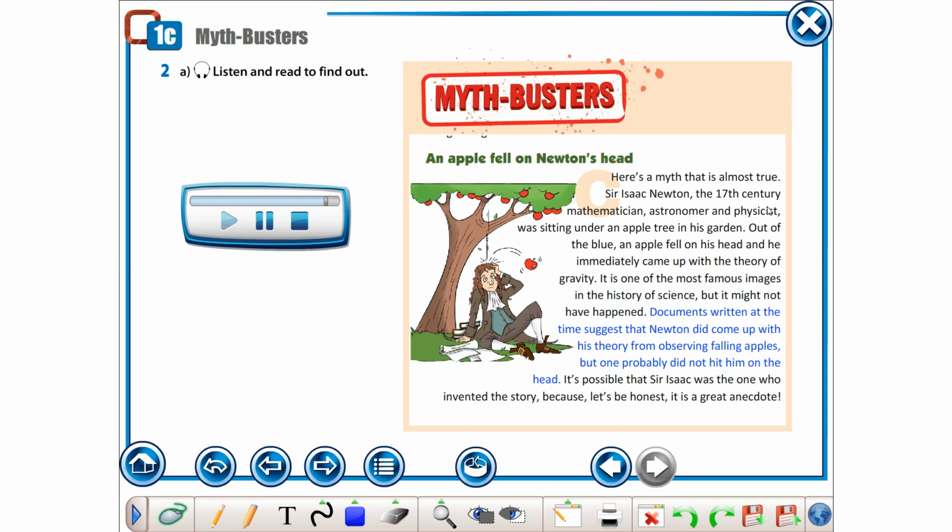Documents written at the time suggest that Newton did come up with his theory from observing falling apples, but one probably did not hit him on the head. It's possible that Sir Isaac was the one who invented the story, because, let's be honest, it is a great